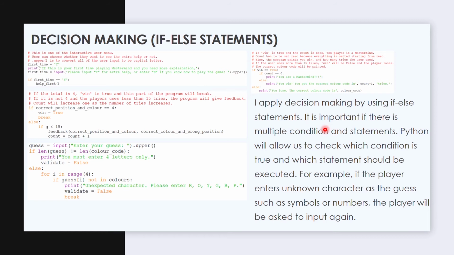Decision making is needed and important if there are multiple conditions and statements. Python will allow us to check which condition is true and which statements should be executed. Here are some of the examples. Firstly, when the user inputs y, it will be saved into the variable first time. Then, the condition after if is correct, and the helper function will be called to display the extra information to the